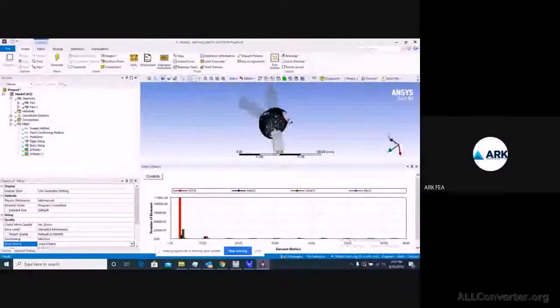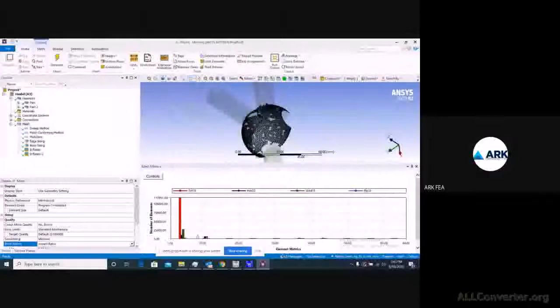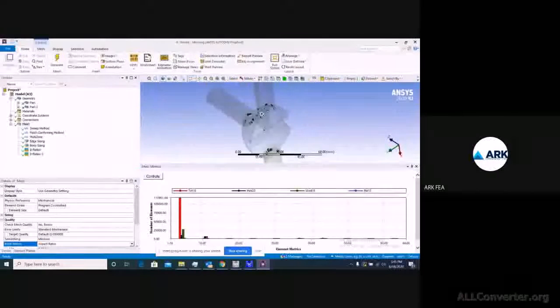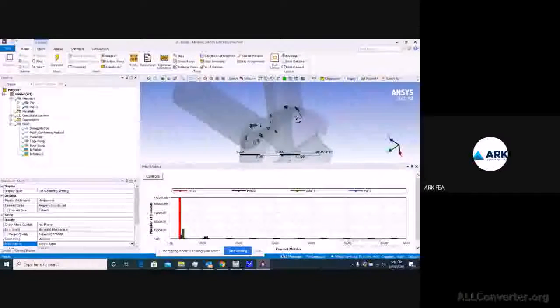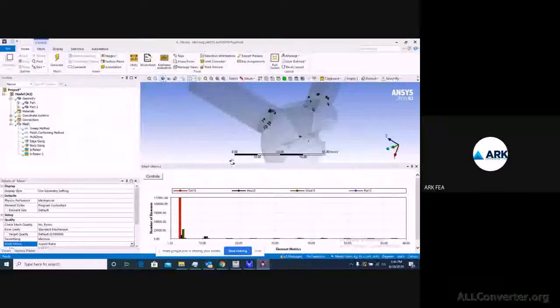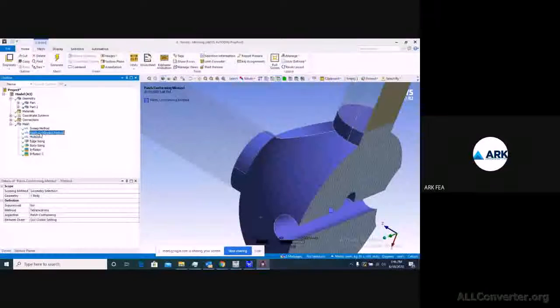You can see where your worst mesh is being created, so that you can modify it from here depending on size change or control change, because to these parts we have not given the mesh controls correctly. Only we have defined it for this multi-zone body and this patch conforming one,